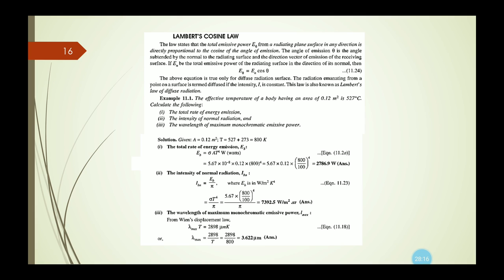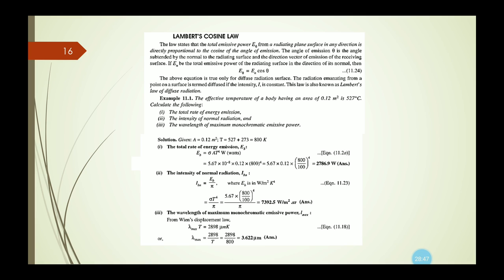So we need to calculate the total rate of energy emission, the intensity of normal radiation, and the wavelength of maximum monochromatic emissive power. The area of the body is given as 0.12 meter square, and the absolute temperature is given as 800 Kelvin. Now to calculate the total rate of energy emission,